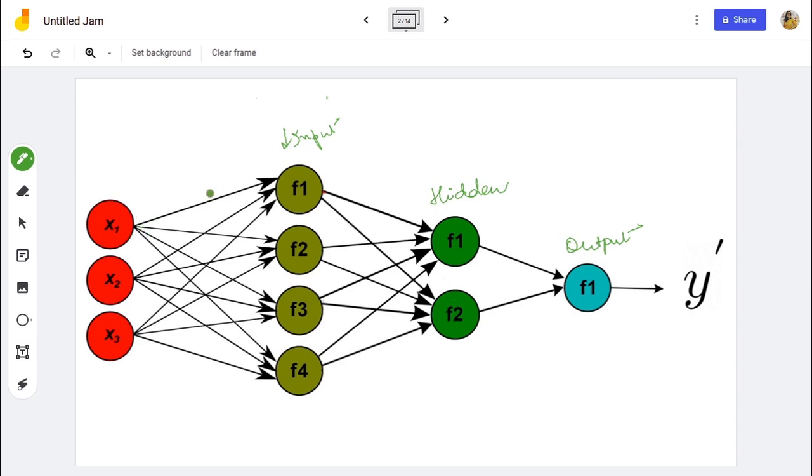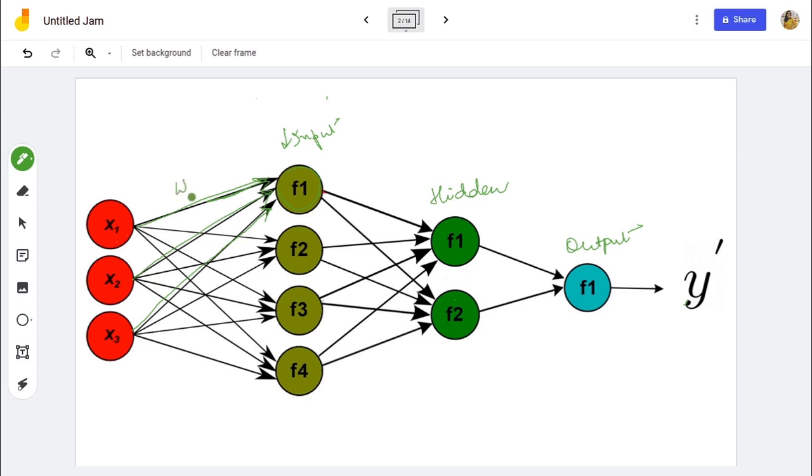So how does all of this start? We know the structure, we know the inputs, we know we'll get this output. What exactly happens in between? So first the inputs will be multiplied with the weights, if you remember. So let us take the first input node of the input layer. All these inputs are going into this first node of the input layer and they are getting multiplied with